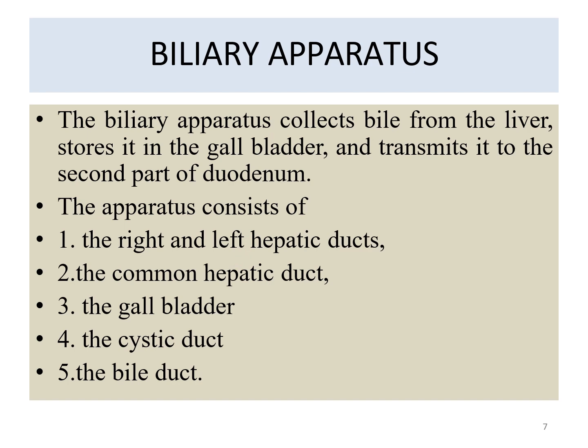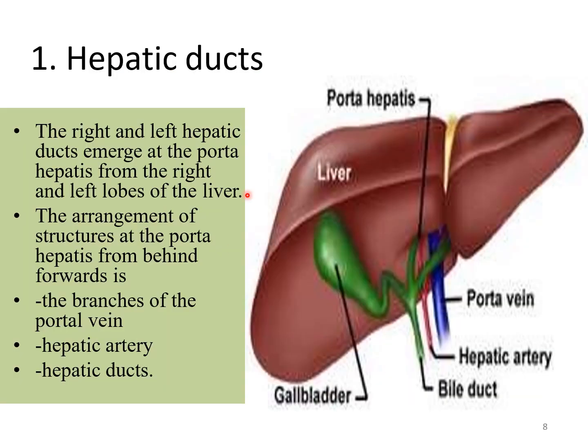ducts of biliary tree. The first duct of biliary tree is the hepatic ducts. There are 2 hepatic ducts, one from the right lobe and the other from left lobe. They are called right and left hepatic ducts. They emerge at the porta hepatis from concerned lobes of liver. The arrangement of structures at the porta hepatis from behind forwards is the branches of portal vein, hepatic artery and